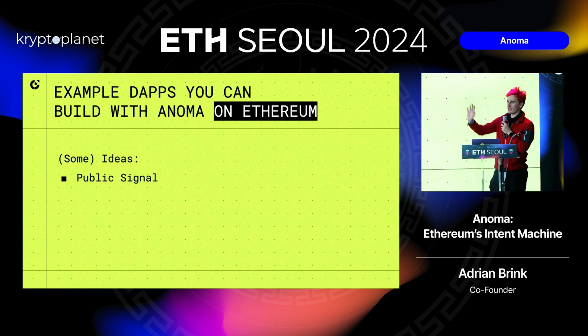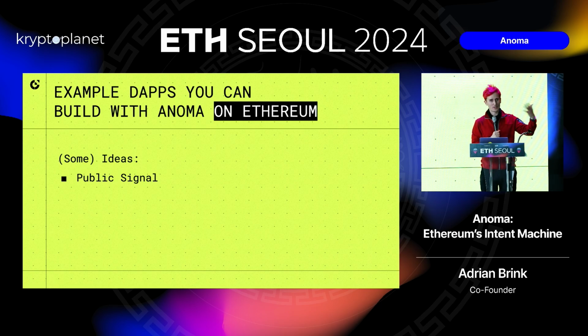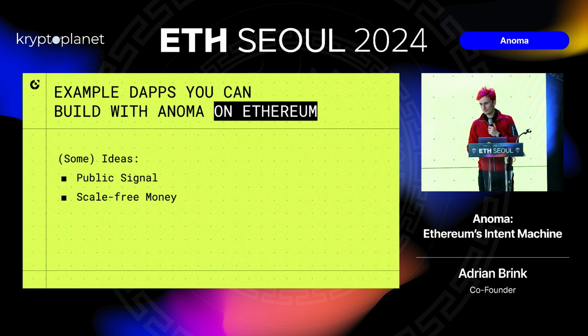Public signal is really about inverting how we want things to get done, rather than being supply-side driven, being demand-side driven. And I think this can work for a bunch of things. For example, I'd like to see more research funding into nuclear power, right? I can issue this as an intent. If enough people feel the same way, it creates a very clear public signal that there's demand for a thing, rather than having to hope that someone satisfies it by supplying more research here.